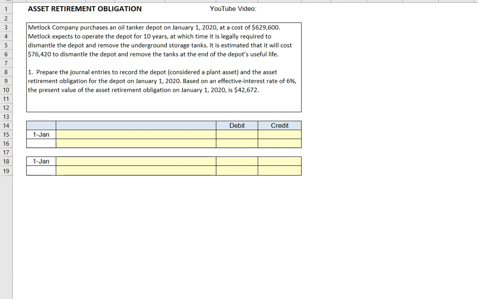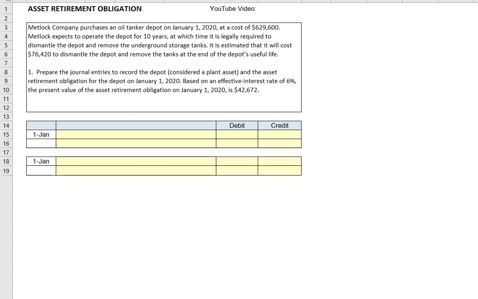It's estimated that it will cost $76,420 to dismantle the depot and remove the tanks at the end of the depot's useful life. We need to prepare the journal entry to record the plant asset and asset retirement obligation, and we're going to assume a 6% effective interest rate when we calculate the present value of that asset retirement obligation, which we find is